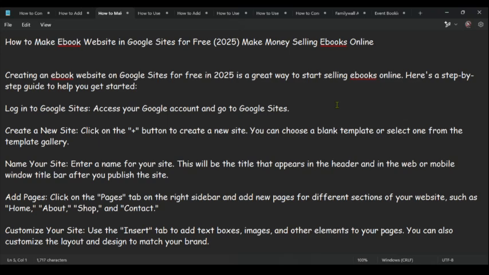Then after that, click on the plus icon or plus button to create a new site. You can choose a blank template or select one from the template gallery. Then after that, enter a name for your site. This will be the title that appears in the header and in the web or mobile window title after you